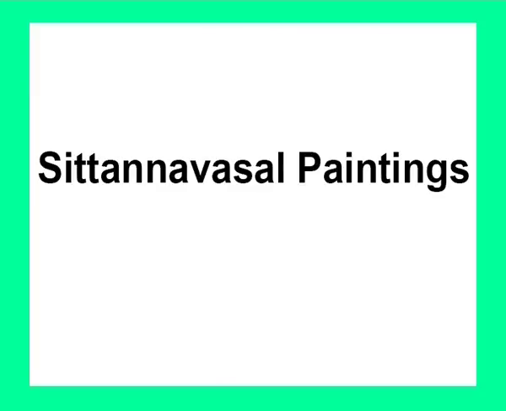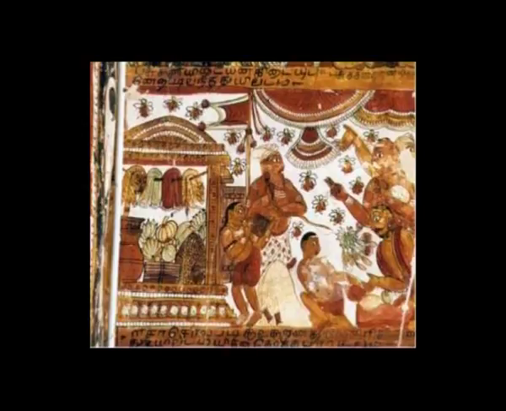Sittanavasal paintings. The paintings at Sittanavasal are the best examples of classical art. The ceiling of the cave contains a picture of a magnificent lake with buffaloes, geese and fish frolicking amidst lotuses in bud and bloom. They are known for their delicacy of ceiling painting. The figures of the king and queen are displayed in an excellent form. The coiffure of the dancers, the facial expressions, the dancing pose etc. are quite appealing and attractive.